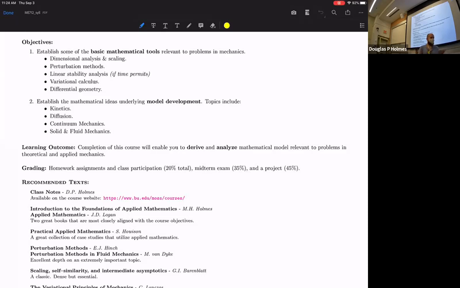Both of those things, I don't know how they'll work in a half remote, half in-person setting. Usually the way I've done homework in the past is I have volunteers from the class go through their solution. Usually they come up to the board and write what they did and explain what they did. And that's kind of how I approach grading, which is more of, I want to see your thought process